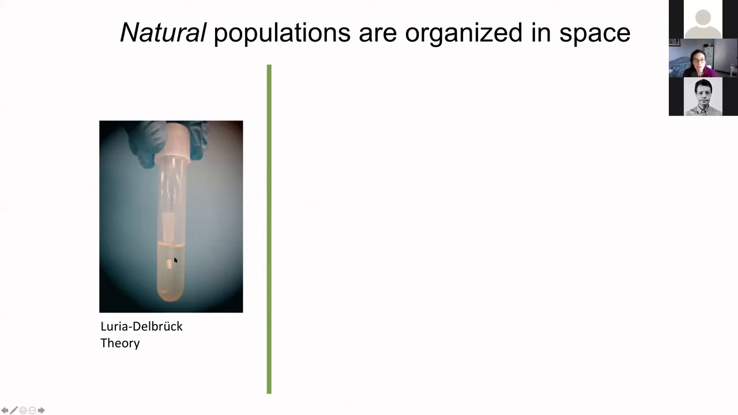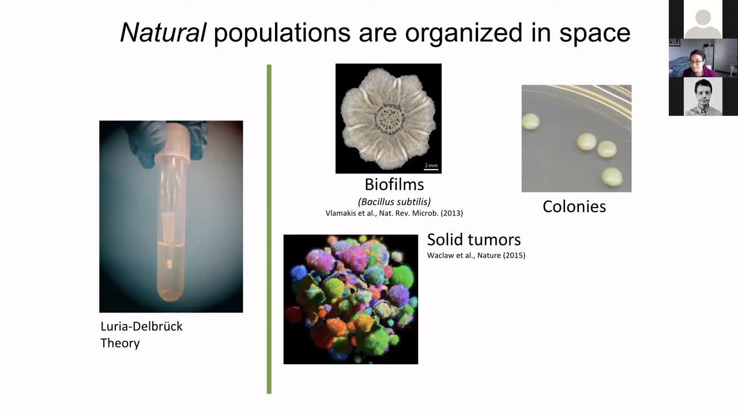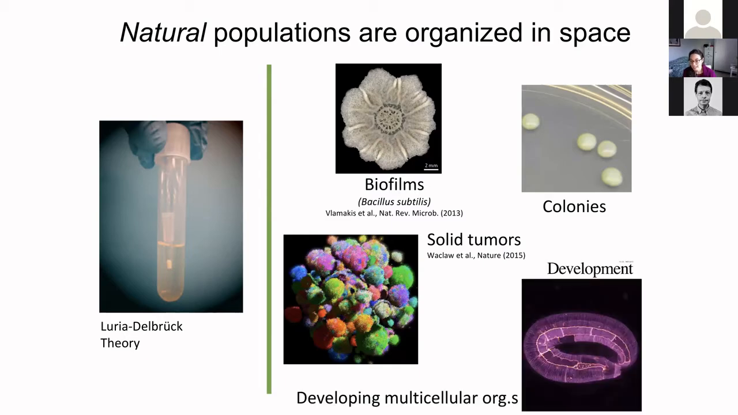However, in nature, many populations are actually organized in space. So in the microbial world, we have colonies and biofilms. But as I said, this expands beyond the microbial communities. So in the case of mammalian cells, we have solid tumors. And then even beyond that, we have developing multicellular organisms. And in all these examples on the right, the probability that a cell will replicate or not really depends on where it is and what its neighbors